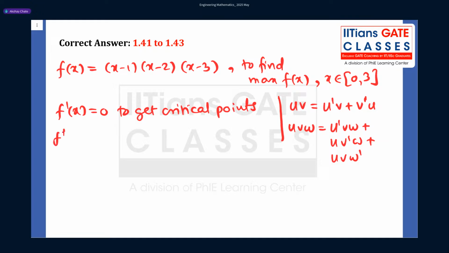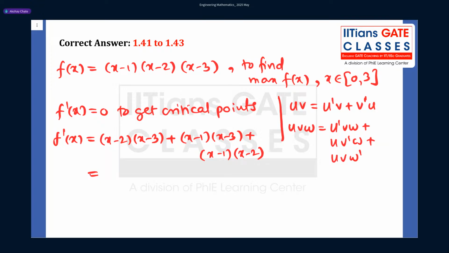So your f dash of x is nothing but the derivative of x minus 1, which is 1, so that is just (x minus 2)(x minus 3). Similarly, the derivative of x minus 2 is also 1, so you will have (x minus 1)(x minus 3), and the last bracket will give you (x minus 1)(x minus 2). So since your original f of x is a cubic function, the derivative will come out to be a quadratic function, one order less, right? So now you have to expand this